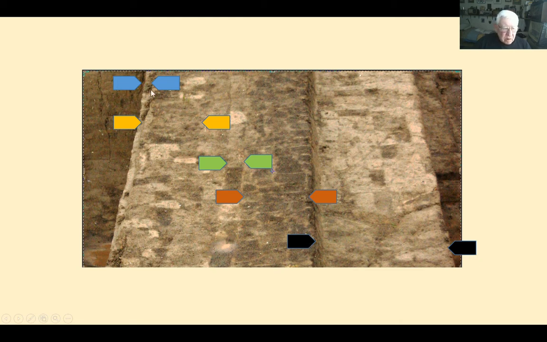So we have 1, 2, 3, 4, 5 generations of wall made using various bricks, and our examinations show that these light bricks are sandy bricks containing quite a lot of